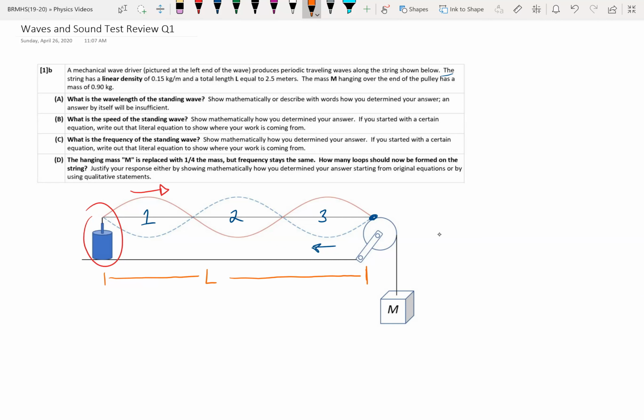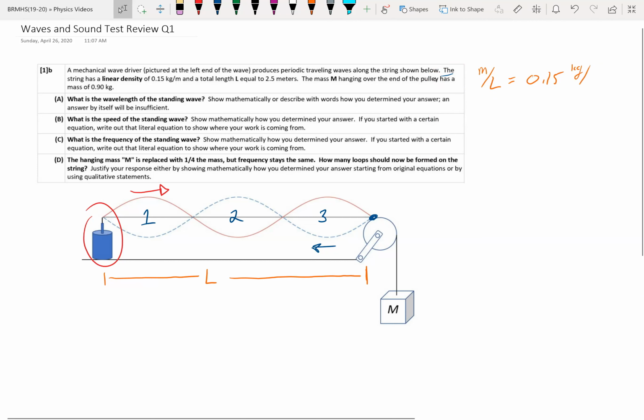Before we analyze our picture anymore, let's go ahead and just jot down things that we know. So I know that the linear density is little m divided by capital L. Little m is the mass of the string. This guy down here, capital M, that's not a string, that's a block. So don't confuse the capital L and capital M and the little m. So little m divided by capital L is linear density, and that's what